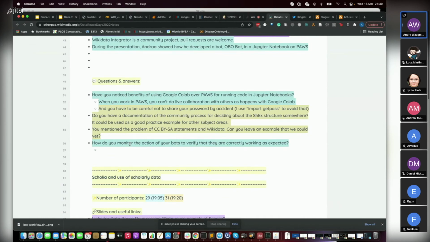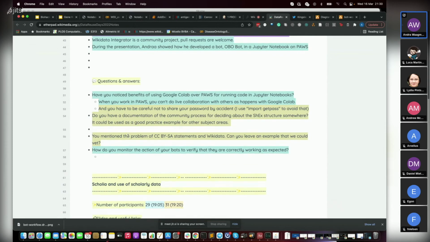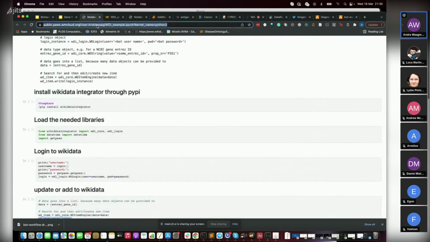so let me see. Do you have documentation of the community process for designing the check structure somewhere? It could be used as a good practice example. So there is ours, but do you have documentation of the community process of deciding about the check structure somewhere? So this is the, if we go to Wikidata,